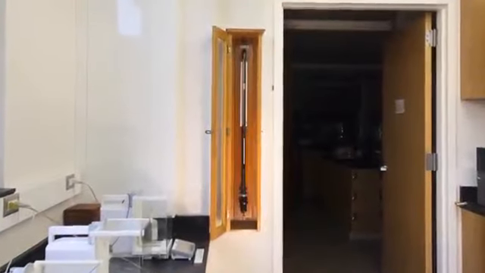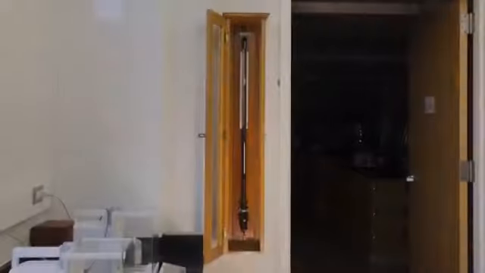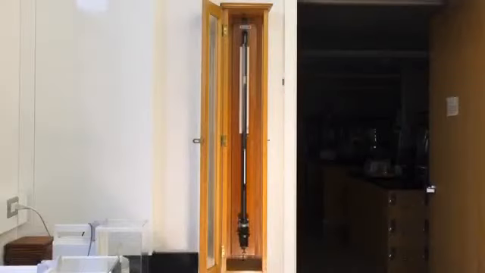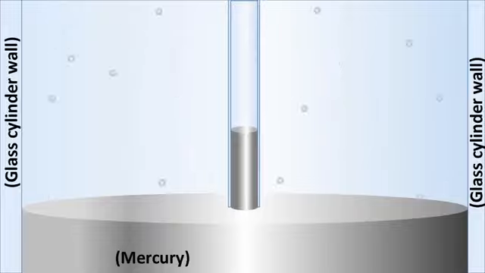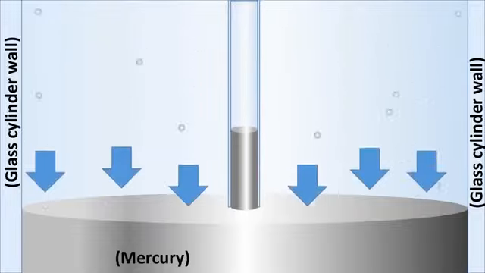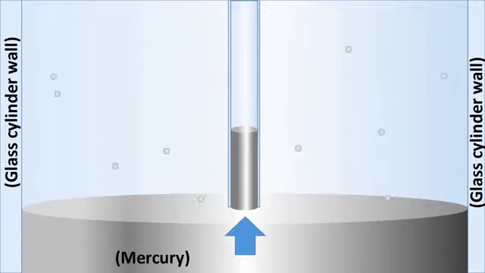This antique-looking instrument is a barometer, specifically a Fortin barometer. It measures atmospheric pressure and can be used to predict weather changes. This long tube, highlighted in red, has mercury in it. The top of the tube is sealed and the bottom end is submerged in a pool of mercury. Air molecules constantly collide with the surface of this pool of mercury with a downward force. This leaves the mercury with nowhere to go but up the tube.